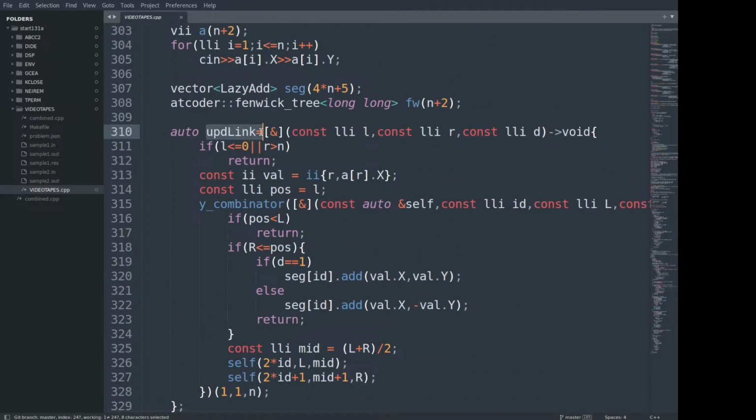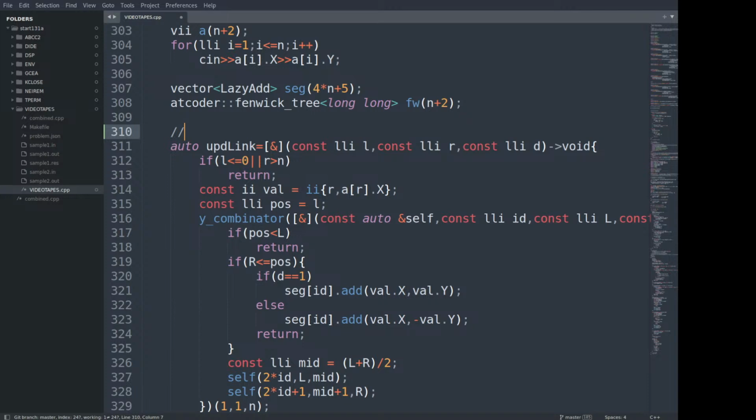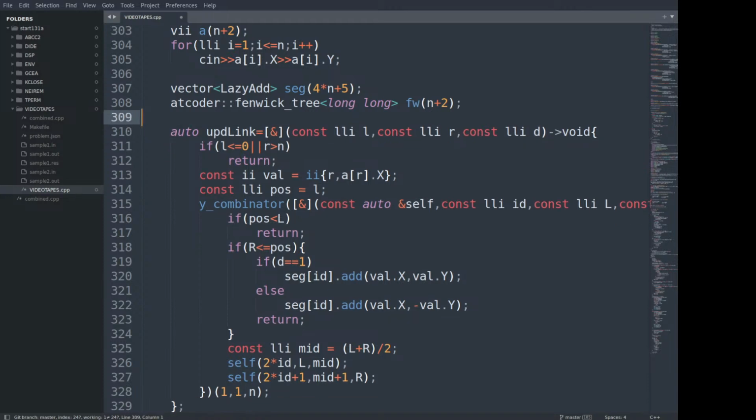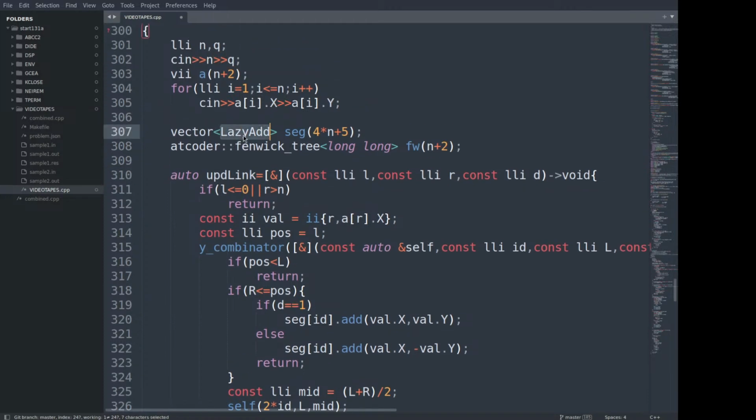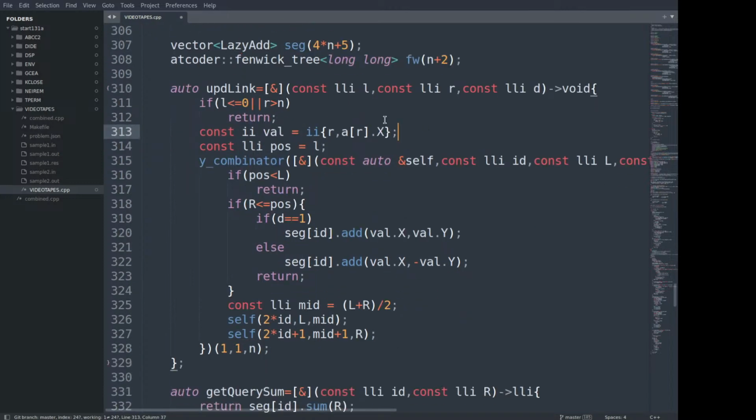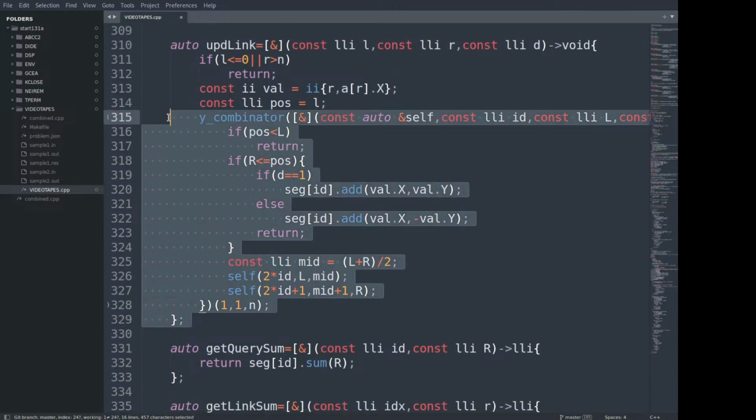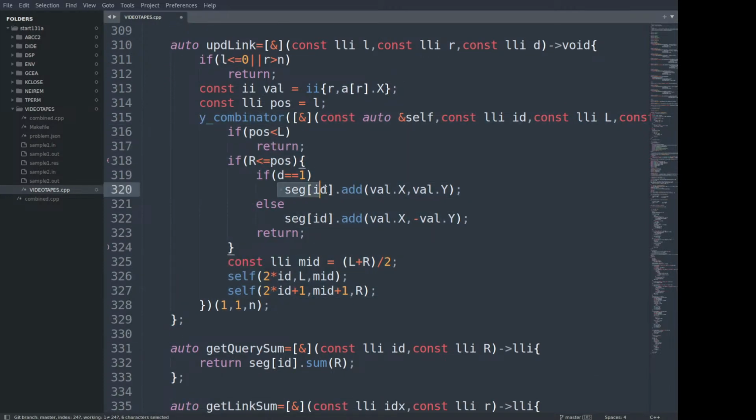For update link, I am using a 2D segment tree, or basically one of them is a segment tree and the other is a Fenwick tree with some other combination over there. Basically, let's say we have some lazy add variable here. If the link is outside the boundary, remove it. Otherwise, we should add this value, and a similar segment tree is there. If D is one, we should add it, otherwise we should remove it. So at this particular node, it says